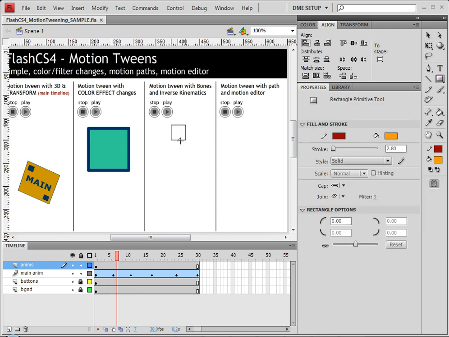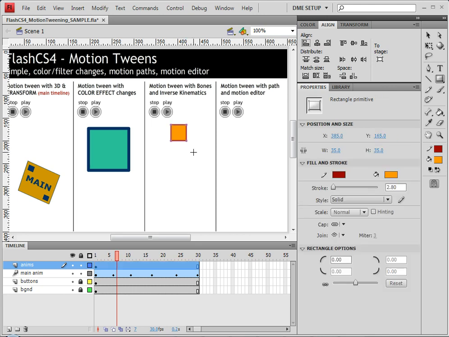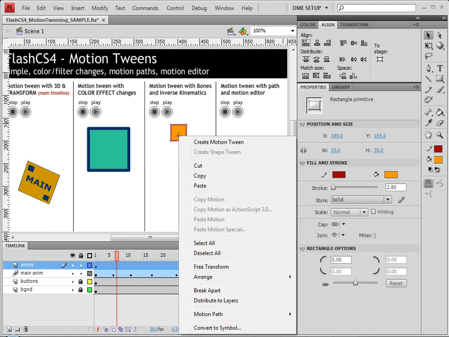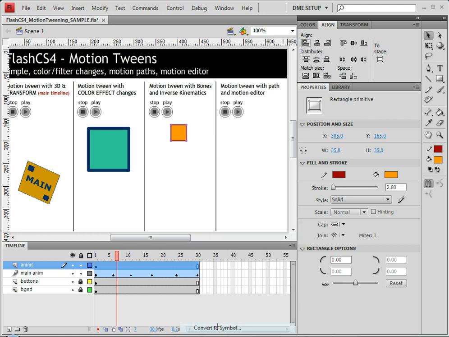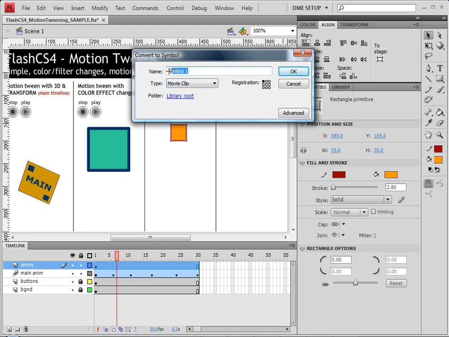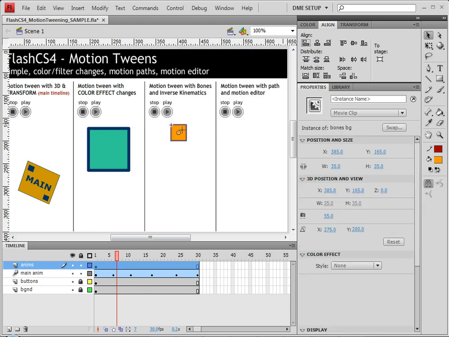So I'm going to create a very small rectangle this time. The reason why is because I'm going to be using multiple copies of this. Now, in order to use the bone correctly, we really should convert this to some sort of symbol. So I'm going to right click and choose Convert to Symbol, and this will be my bones BG background. Now I'm going to duplicate this symbol holding down the Shift key and the Alt key together